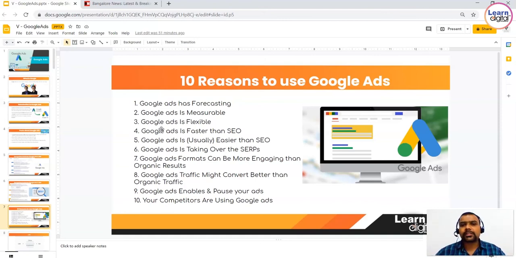But what happens to SEO? It takes very long time. Google Ads is usually easier than SEO, and it is. There are only a few technicalities which we have to understand. We have to understand the location, the keywords, and the bidding strategies, and to whom we are targeting. We have to know our audience. If you are able to understand everything, then it's pretty much easy for us to promote our services on Google